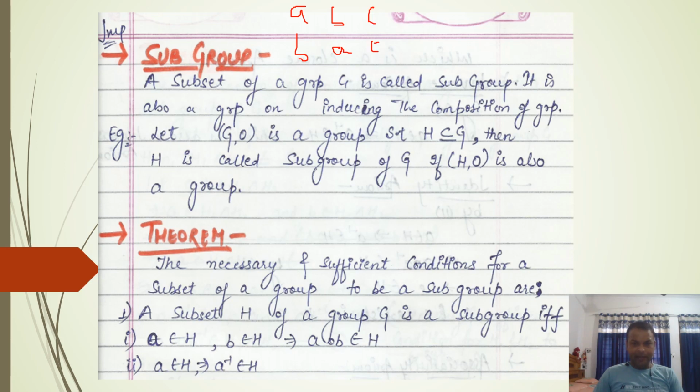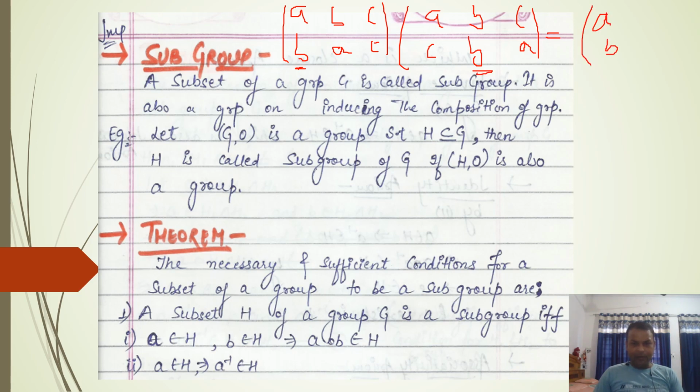Let us suppose I have taken this permutation and again I am writing that A is related with C, B is related with B, and C is related with A. Then I have told you that the product will be taken in this style. First we will check from this column. Here A is related with B and in the second matrix B is related with B. So the result will be A is related with B.